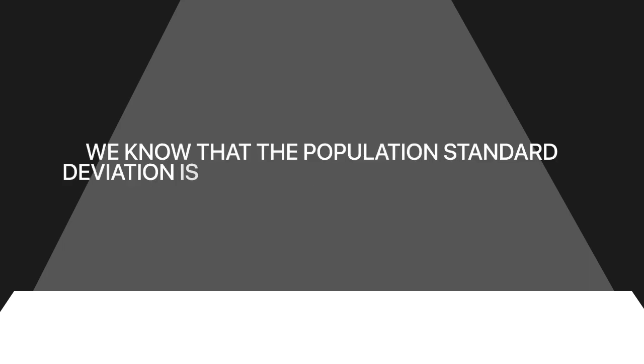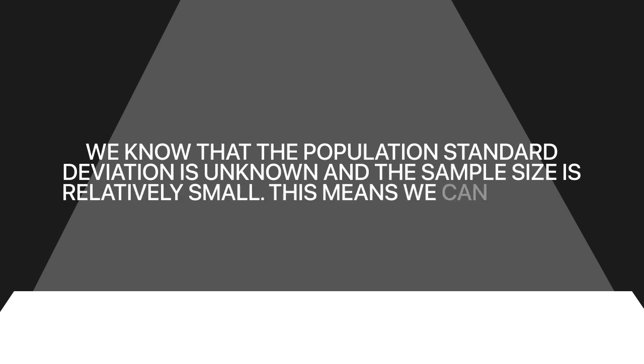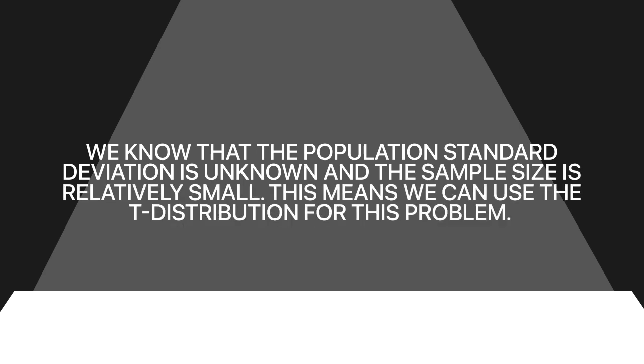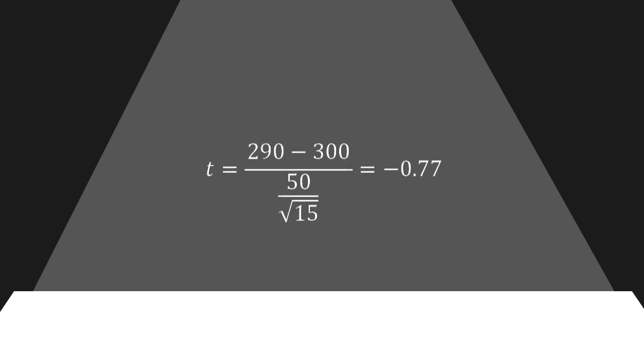We know that the population standard deviation is unknown, and the sample size is relatively small. This means we can use the t-distribution for this problem. The t-score is computed as follows. T is equal to 290 minus 300 all over 50 over the square root of 15, and it is equal to negative 0.77. The degrees of freedom can be computed as df is equal to 15 minus 1, and it is equal to 14. Using the t-distribution calculator the figure gave you, we get that the answer to this problem is